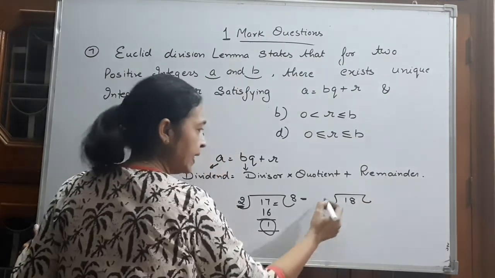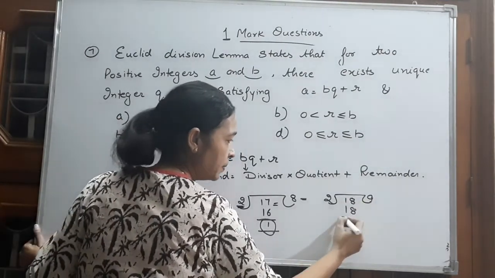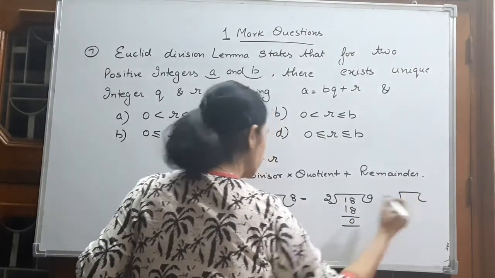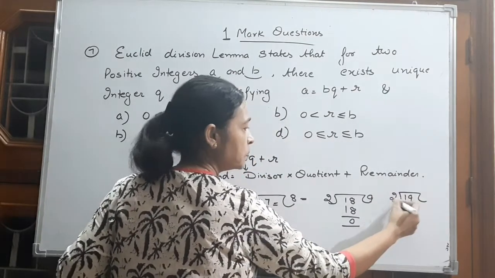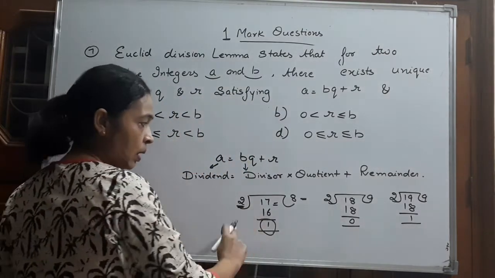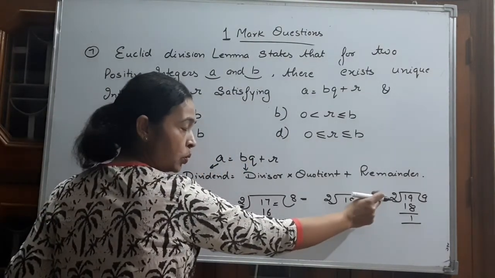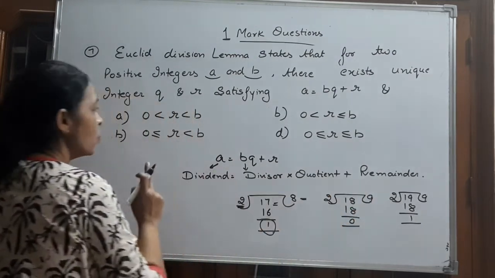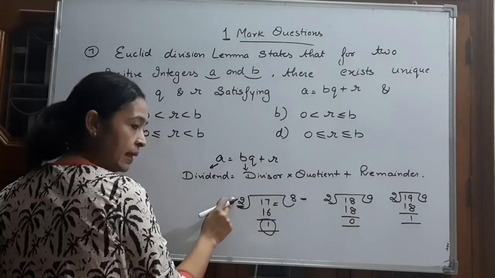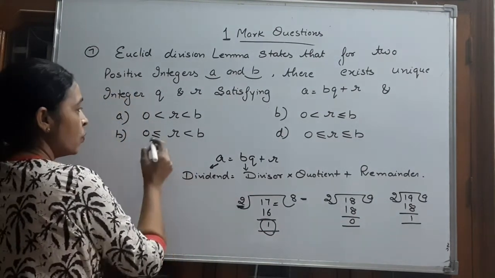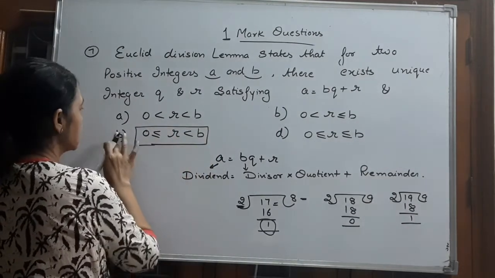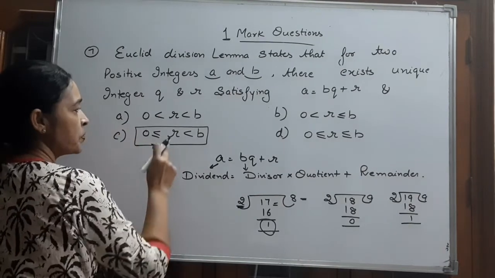We are dividing it by 18. 2 9s are 18. What is remainder? 0. If we have 19, 2 9s are 18. Remainder is 1. We can't get remainder 2. 2 is our divisor. Therefore, the remainder will always be either 0 or less than divisor. Therefore, which is our option? Option C is our correct option.